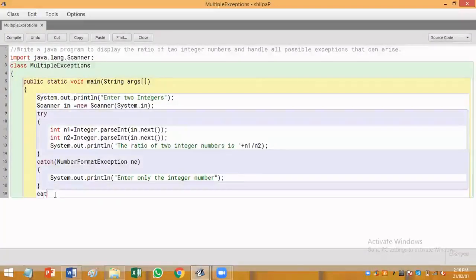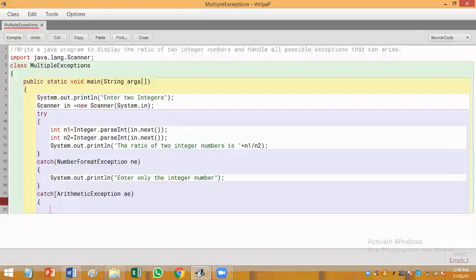Now it is time to handle ArithmeticException. So that is a division by zero error. So I'll create an object of the ArithmeticException class. Okay. ArithmeticException.